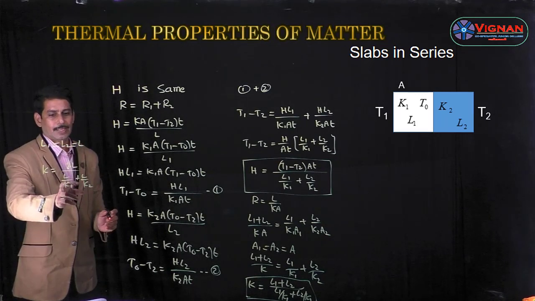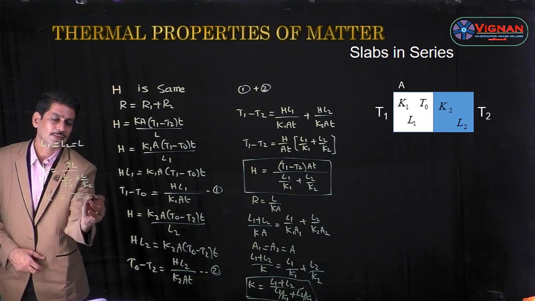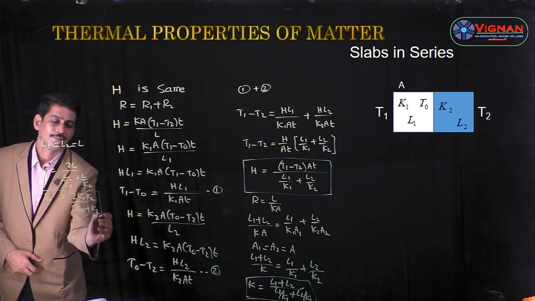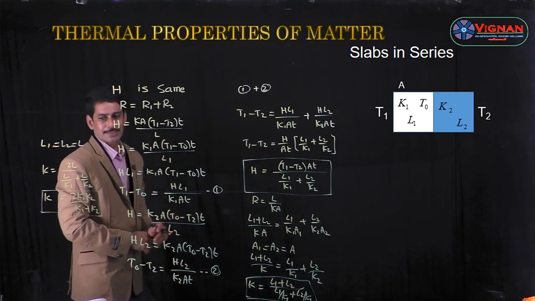So by cancelling L we get K effective is equal to 2 K1 K2 by K1 plus K2, by taking the LCM. This is the effective thermal conductivity when the two rods are connected in series